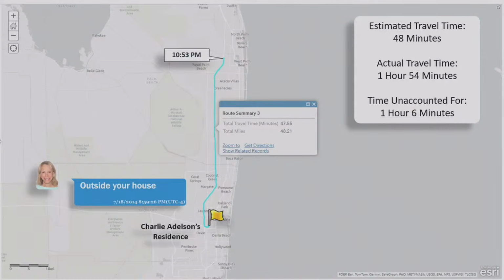I-95 where? Where you drove? Not the, I know that there was a number of changes to I-95 at the area where it separates from the Turnpike, the Florida Turnpike. I did specifically look at the Turnpike in relation to Mr. Adelson's residence to make sure that there had been no changes in the roadway there.